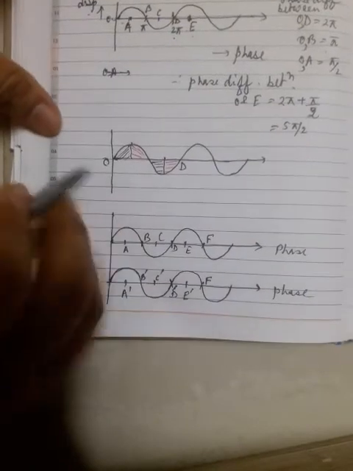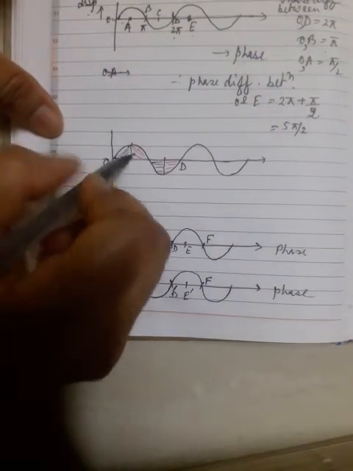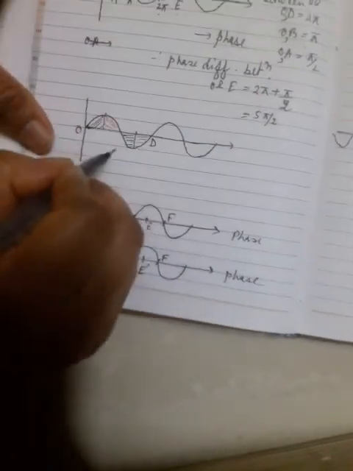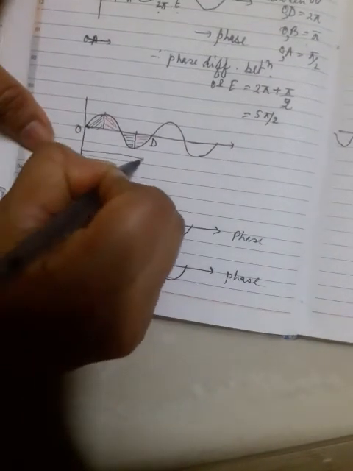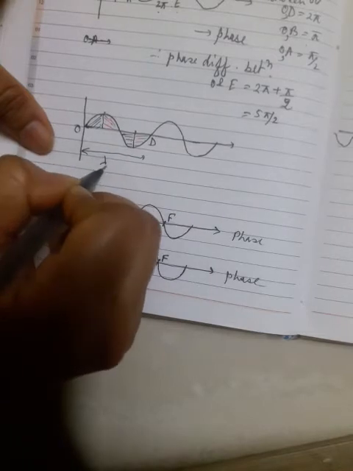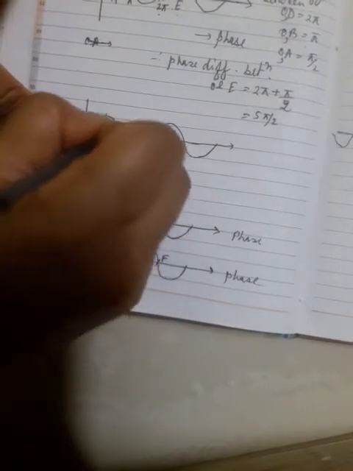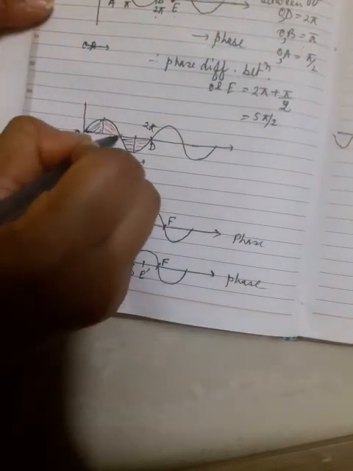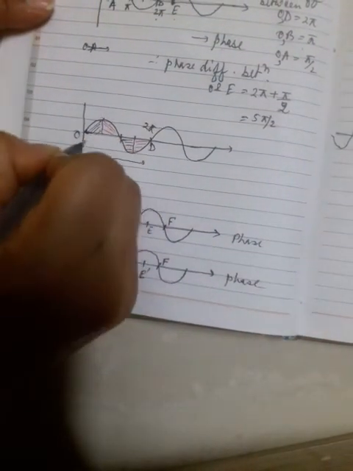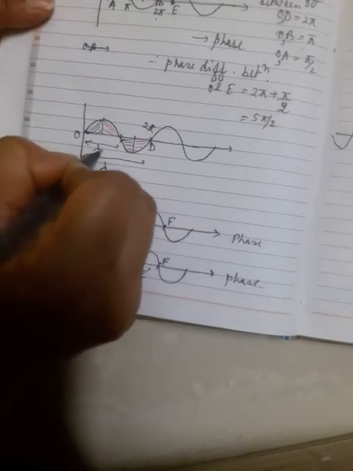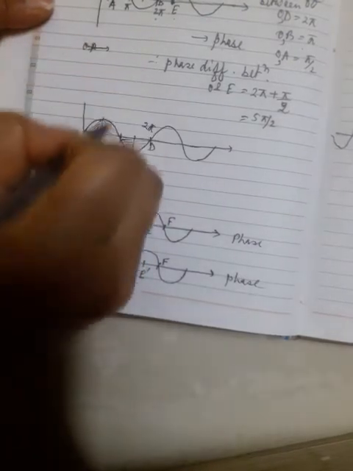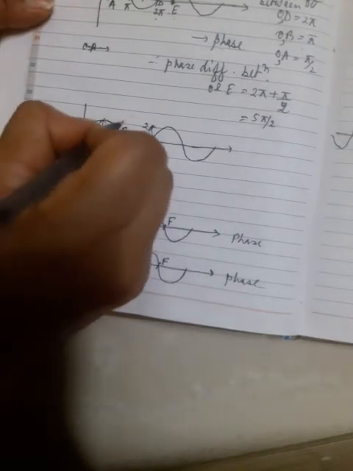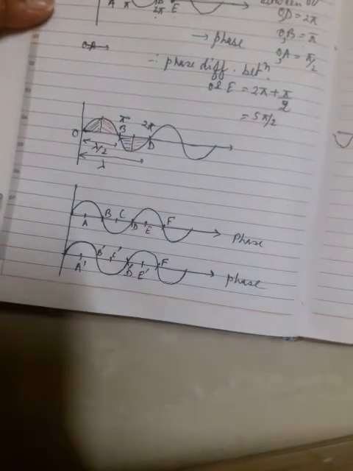Actually look here, we can divide any wave into 4 segments. First segment, second segment, third segment, fourth segment. Clear? In terms of distance, this is lambda, and in terms of angle, that is phase, it is 2 pi. And in terms of distance or length, this one is half of the wave, lambda by 2, but in terms of phase difference between O to B, the phase difference is pi.